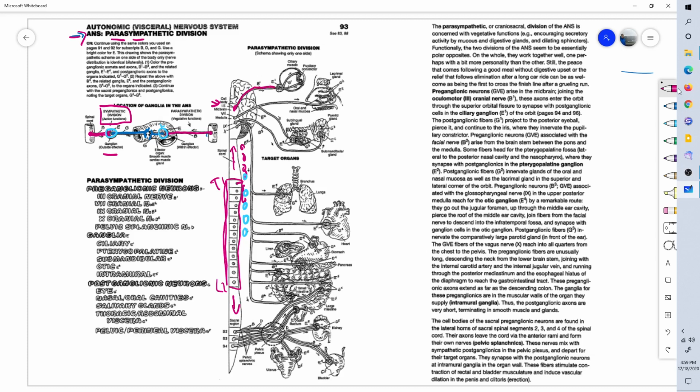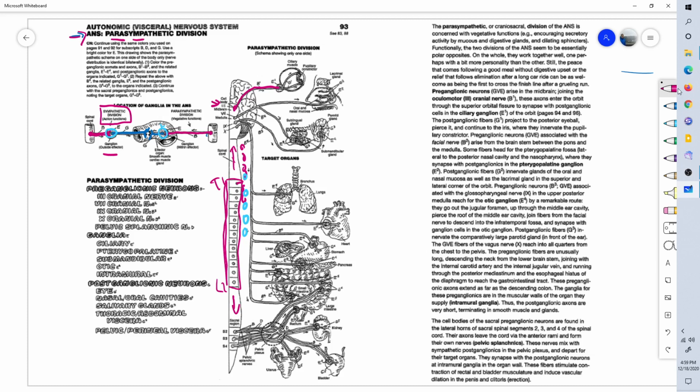And it goes out to affect these organs here of the eye. Remember, oculomotor. Recall that it is responsible for the muscles of the eye to move the eye, but it also has a little bit of parasympathetic responsibility too